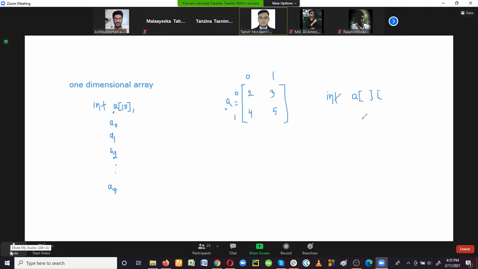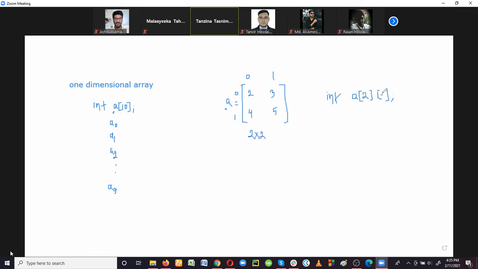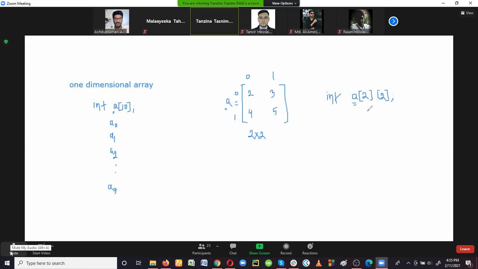2 and 2, right? Because this A matrix has how many elements? 4 elements. There are 2 rows and 2 columns, right? So this matrix is actually a 2 into 2 matrix. So here the number of rows will be 2 and the number of columns is 2, right? And if we declare this matrix A as a 2 into 2 matrix, the maximum number of elements that can be stored here is row into column, that is 4,